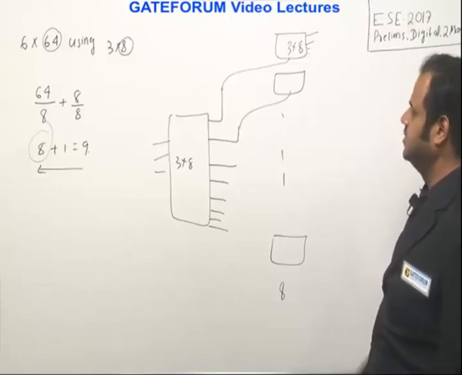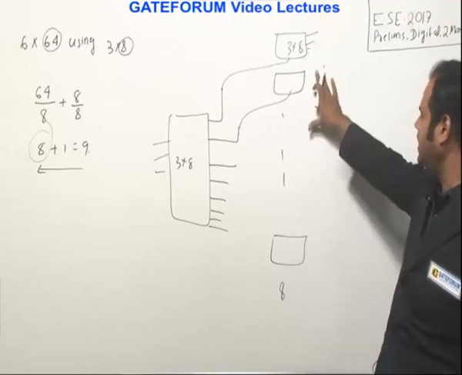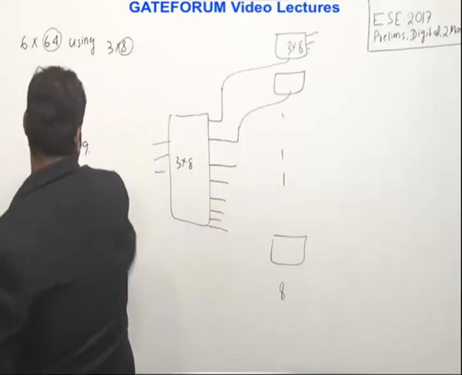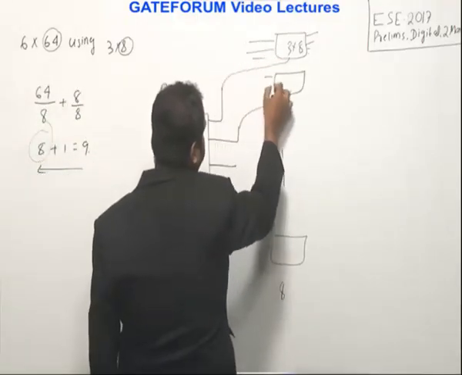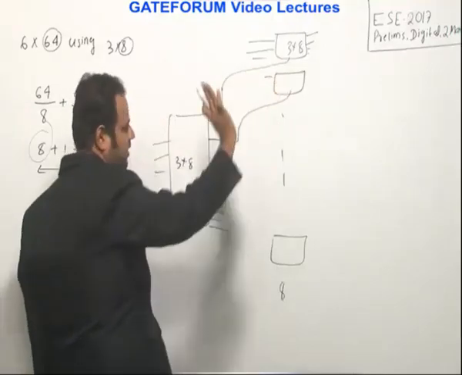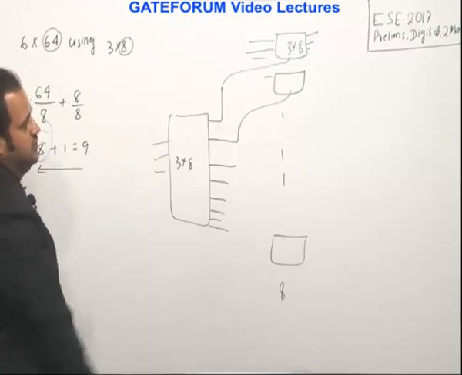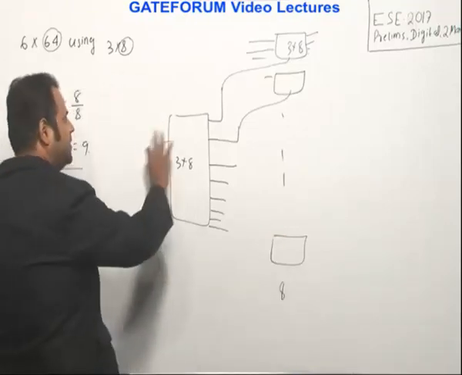So this is 3. And what about this? We need the 6 to 64, right? From the output side you are getting 64 here. How many inputs do you need? You need 6 inputs, right? 3 are from this and 3 inputs from these all. So 3 and 3, that is 6 inputs, and the total number of outputs is 64. The output we take from the final stage, and the inputs are from this and this.